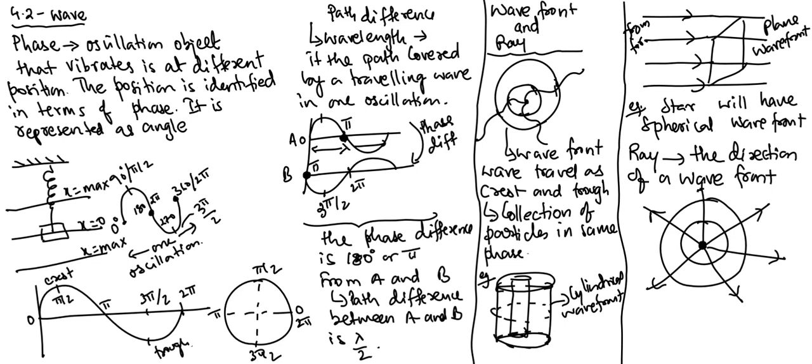So these are your rays. That's why we say, for example, a ray of light. Okay, there is a wave front, but then we say it's a ray of light. That means we are talking of the direction of